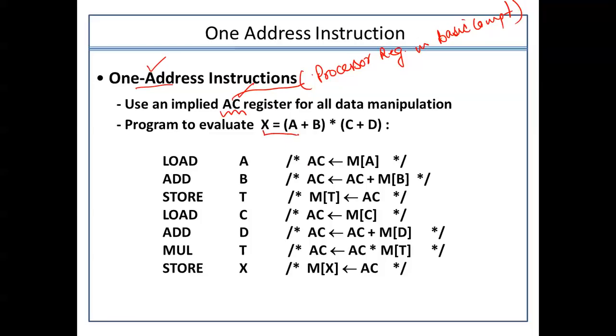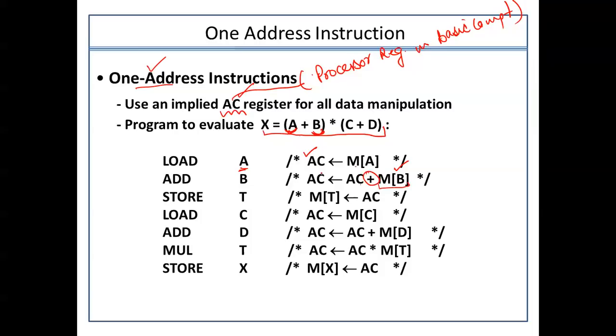In order to compute the same data here, first I will be loading the data A into this accumulator. Then I will take the accumulator value and point to another value in memory for determining the value of B. After determining the value of B, now I have to perform addition also.